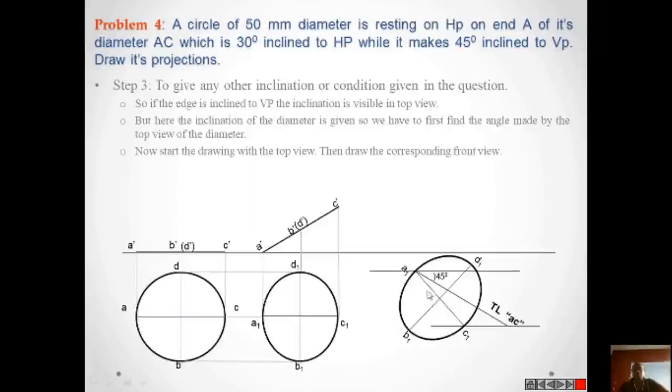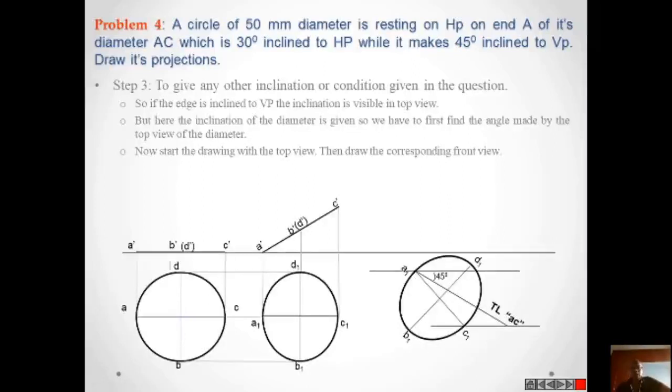Now you know A1 C1 positions, and you can identify the remaining points, because generally for circles we will take more points, we will not be satisfied with 4 points. Why? I will show it now. We need to take more number of points. We will take 8 or 12 points. Now after getting all these points, the shape and size of this A1 B1 C1 D1 will be same as A1 B1 C1 D1 here. Only thing is here it is making some angle with xy.